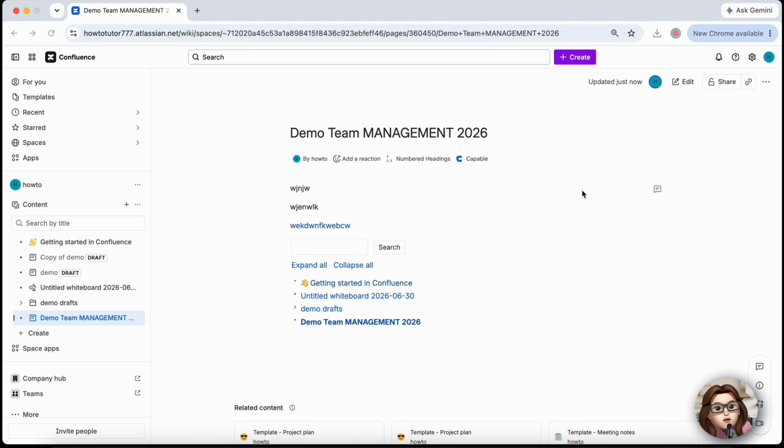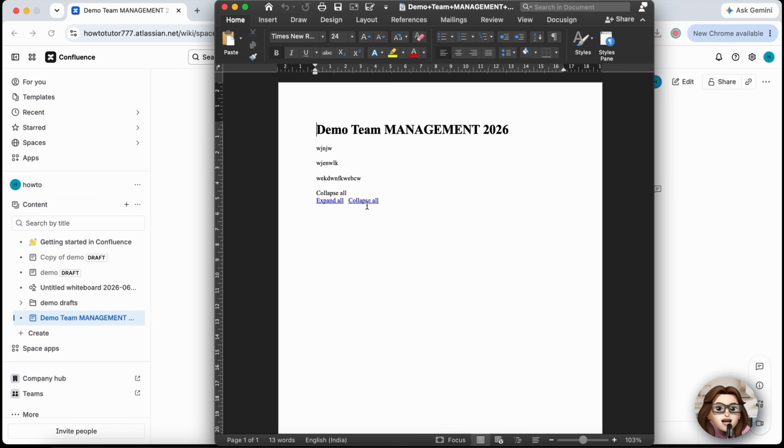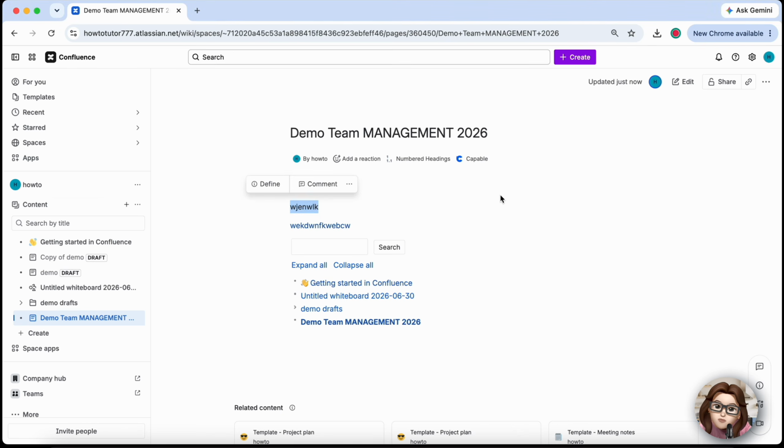Review the exported document to confirm that all pages, formatting, and attachments have been included correctly before sharing or archiving it. That's how to export a